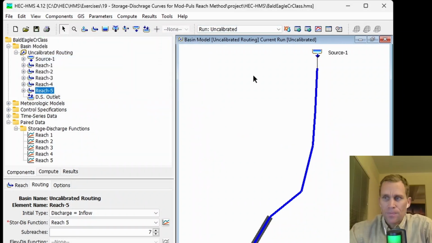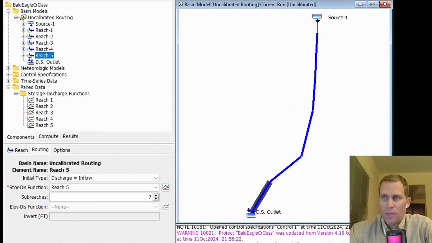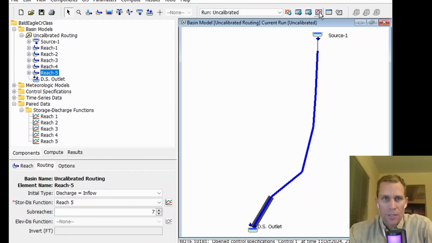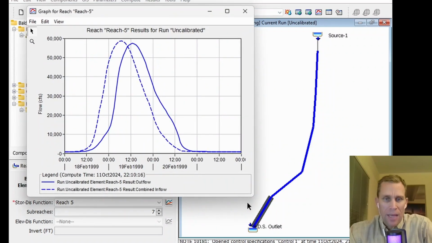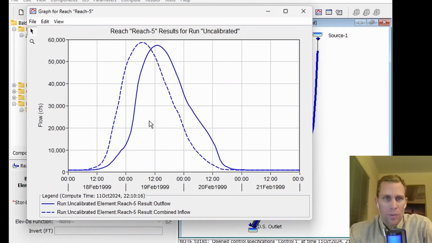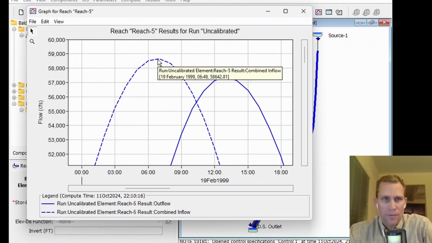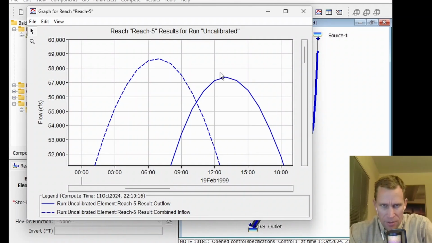And that looks successful. Next, the instructions tell us to view the output and analyze the results. Specifically with reach 5 is what it's showing us. So what it's doing is it's clicking on reach 5. So select that if you don't have it already selected. And then go ahead and click on the graph for that reach. What we see is the inflow and the outflow for that reach. So we notice that there's significant lag and attenuation. If we zoom in, we can get a closer look on what those values would look like. The peak flow, for instance, entering reach 5 is about 58,660, and then exiting reach 5 is down to